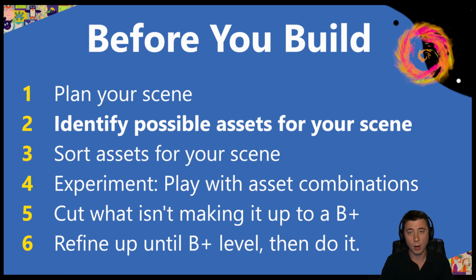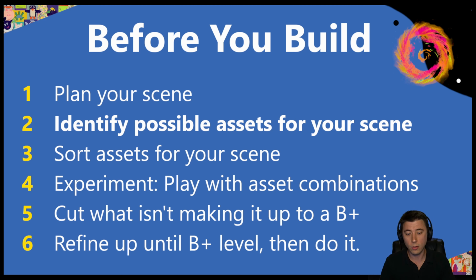And so how do you identify what to cut? It comes down to that B plus standard that I was talking about. And you'll know it when you see it. Like if a certain asset doesn't fit in with the rest, even if it looks good in and of itself, it's like, that's going to mess up the scene. Cut. So initially you err on the side of including it in for evaluation, but then as you're cutting, you're